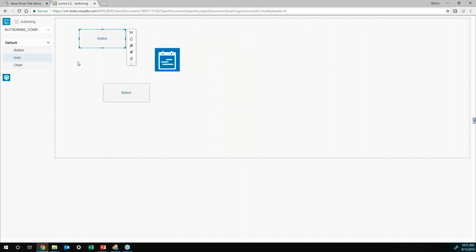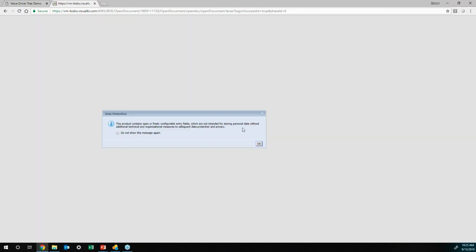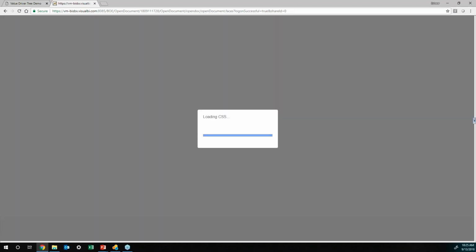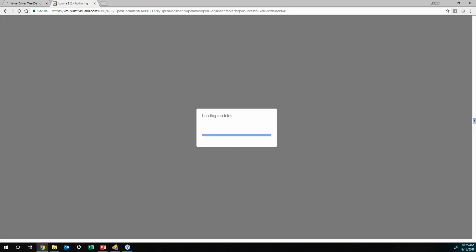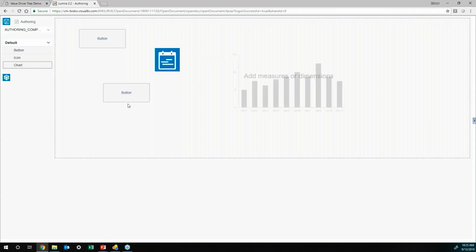Now, once I do that, I can always click on save. And the moment I do that, you'll see that the document says it's been saved successfully, which means the next time I open up this application or I reload this application, you should be able to see all the changes that we just made. So you should see these two buttons over there and the icons. And there you go. So I can switch it back to authoring and I can drag additional components inside